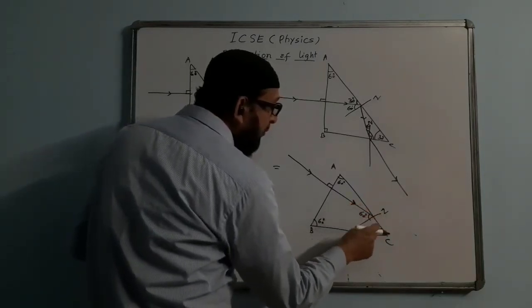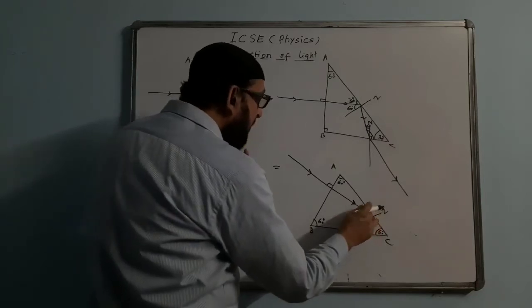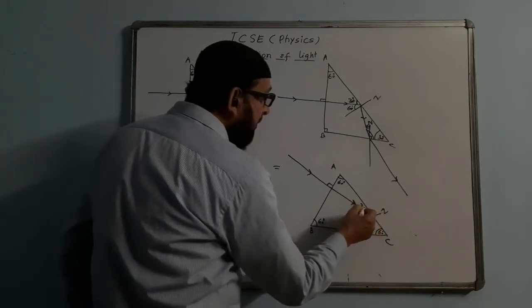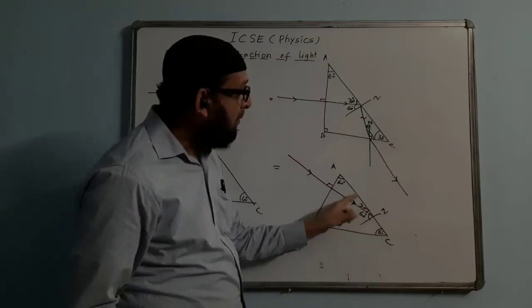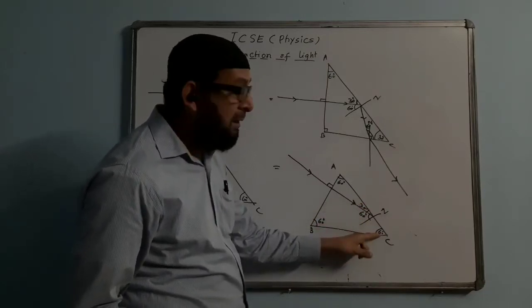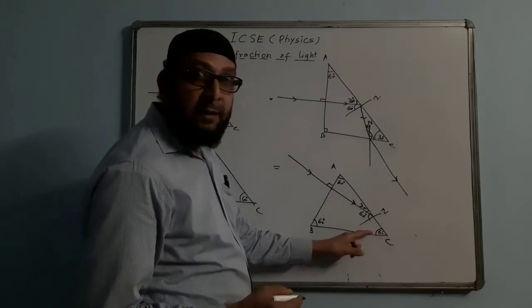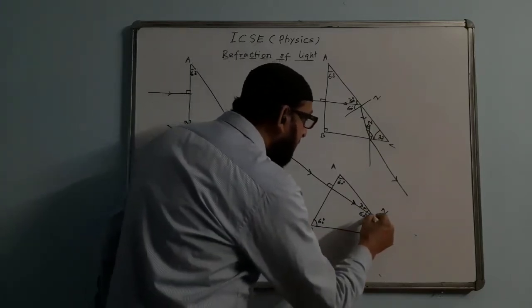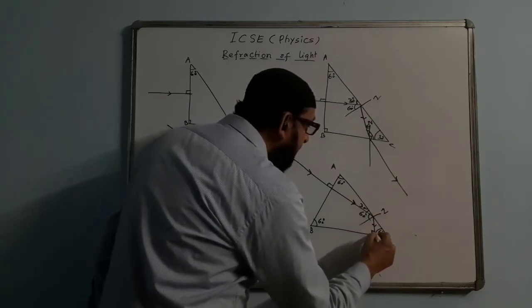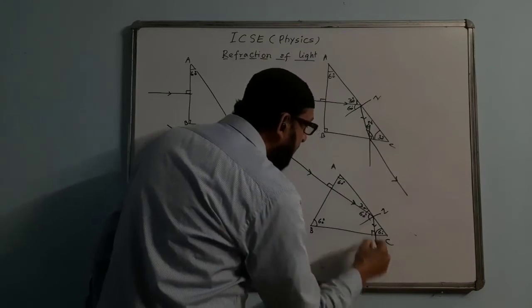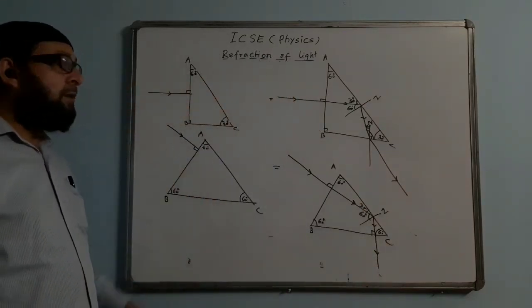At the time of TIR, we'll be calculating this angle in advance. This angle will be how much then? 90 minus 60 will come 30. This angle and this angle will be the two angles of a triangle. If this is 30 and this is 60, that means 90. What is the value of the remaining angle? 180 minus 90, that is 90 degree. This ray will be coming here, making an angle exactly 90 degree. At 90 degree, this ray will not bend, it will go straight. So this is how we can complete the diagram.